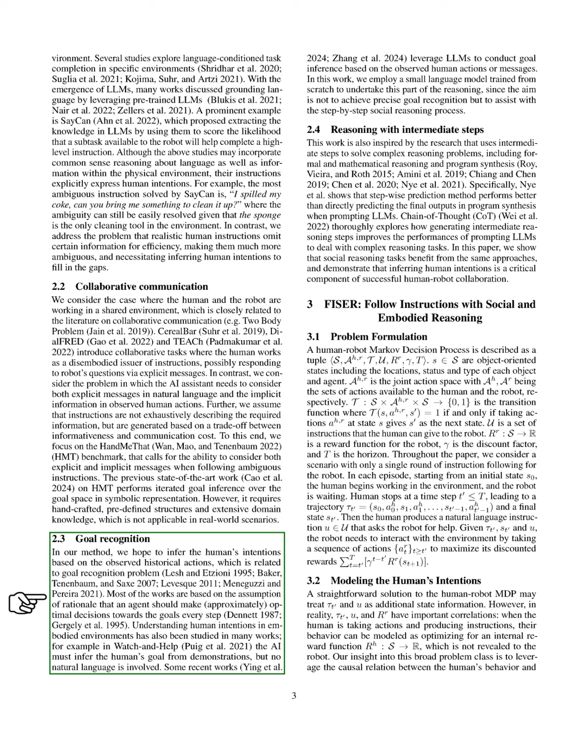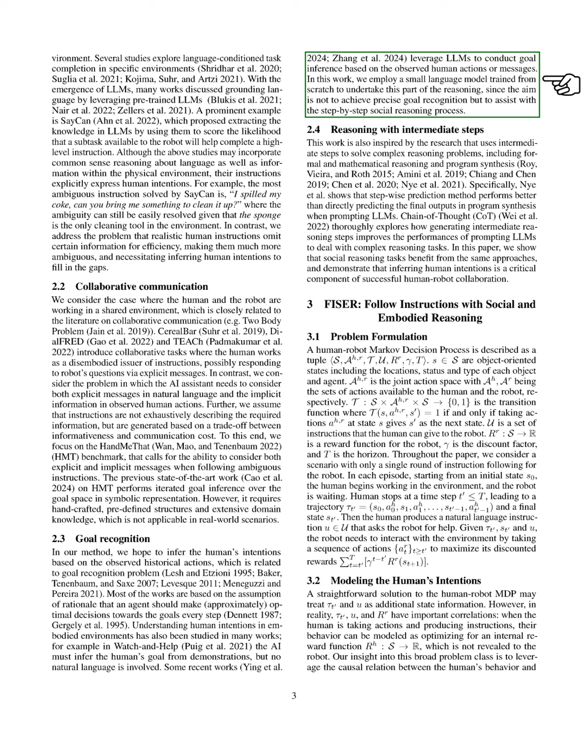Regarding goal recognition, we aim to deduce human intentions from their past actions. Most research in this area assumes that agents make nearly optimal decisions toward their goals at every step. Understanding human intentions in physical environments has been explored, such as in Watch and Help, where AI infers goals from demonstrations without using natural language. Some recent studies have utilized LLMs for goal inference based on observed actions or messages. In our approach, we use a small language model trained from scratch to assist in this reasoning process, focusing on social reasoning rather than precise goal recognition.